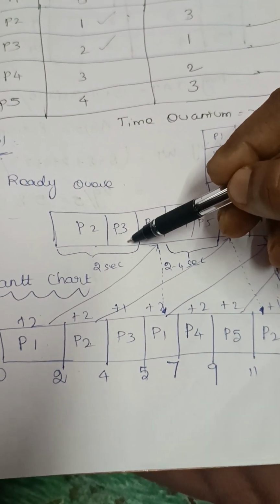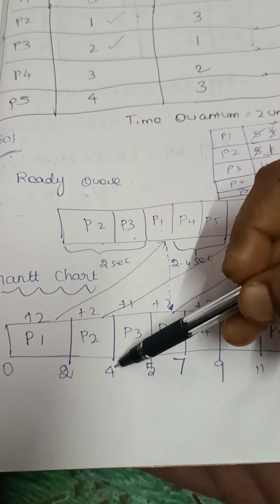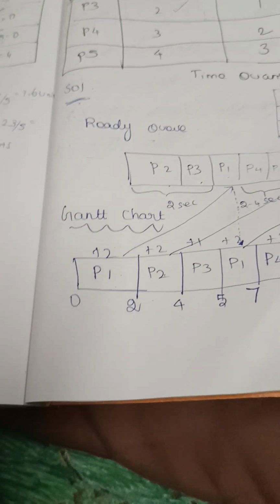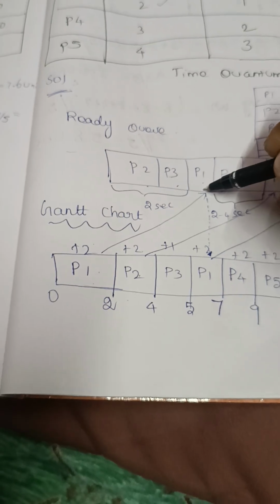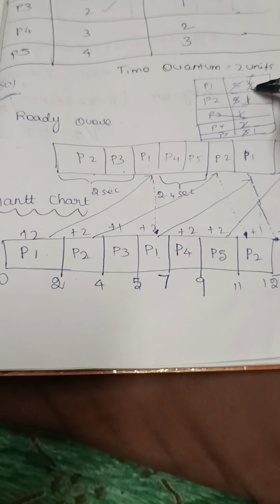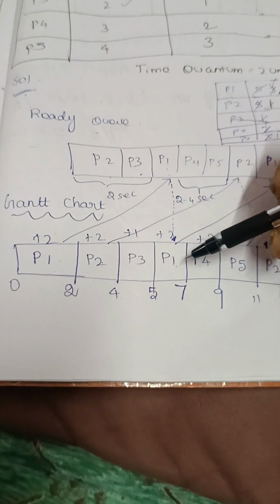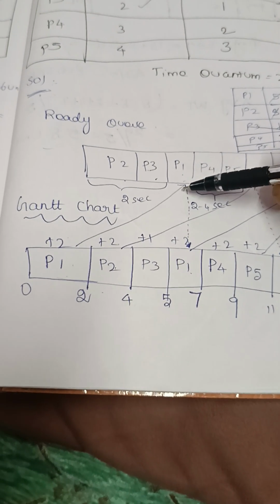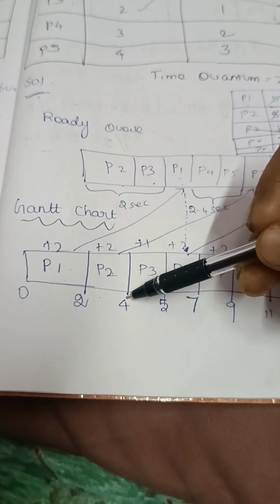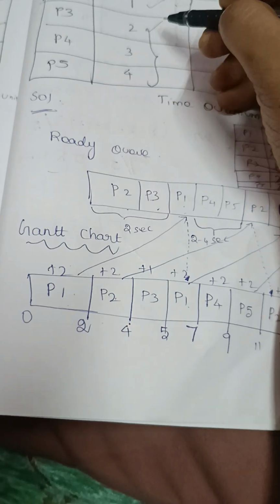Next P3 burst time is 1, so it executes for 1 second, 4 plus 1 is 5, and then no remaining execution time. Next P1 is selected from the ready queue, P1 burst time is 3, so execute for 2 seconds, remaining 1 second. Next, after completing the 2 seconds, P2 completed at 4 seconds. After 2 to 4 seconds, P3